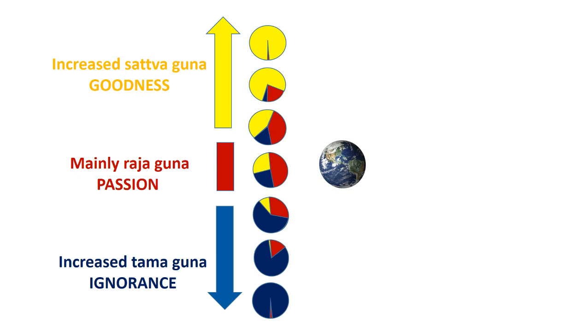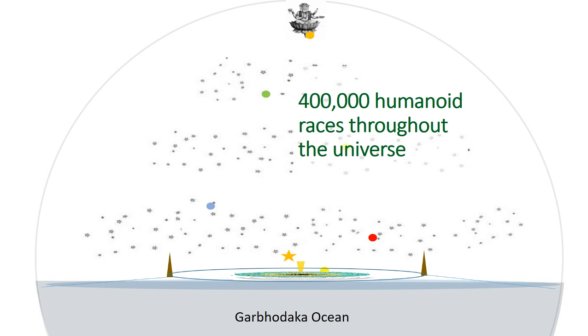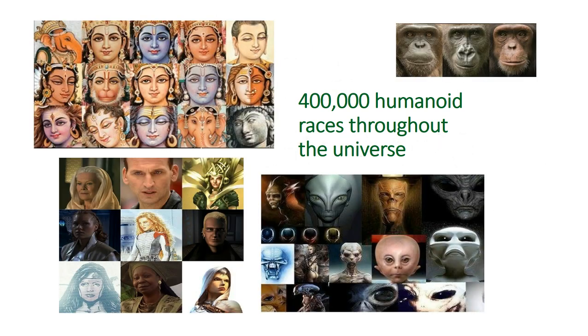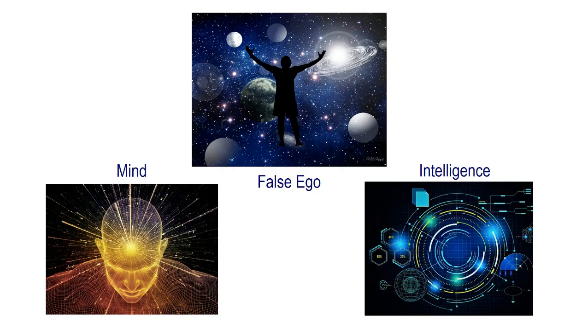We can also relate the vertical axis with types of bodies across the universe. You see, the Puranas explain that throughout the universe there are about 400,000 different species of humanoids and humans. Those bodies, and indeed the environments they have, are made of varying combinations of the following gross and subtle elements. There is earth, water, fire, air, and ether, plus the subtle elements: mind, intelligence, and ego. Now, for example, the earthly middle planet terrestrials, that's us, have bodies made of a large proportion of the grosser elements, mainly water and earth and so forth. But the higher you go up, the proportion of the subtle element increases.